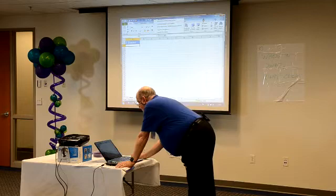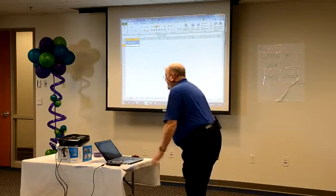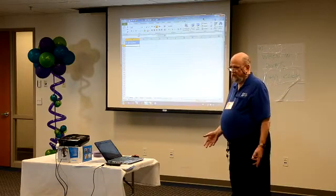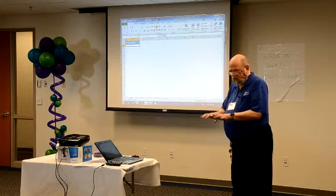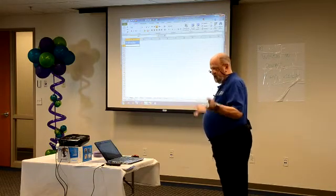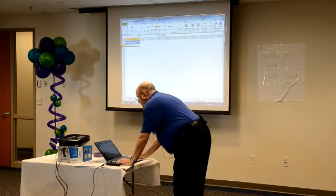Okay? Most things in Excel, there's at least 3 ways to do it. Which is better? Whichever one works for you. If you're a touch typist, then all the keyboard shortcuts. If you're more of a mouse person like me, then I use right-click a lot. Actually, I don't think there's any keyboard shortcuts for that, but